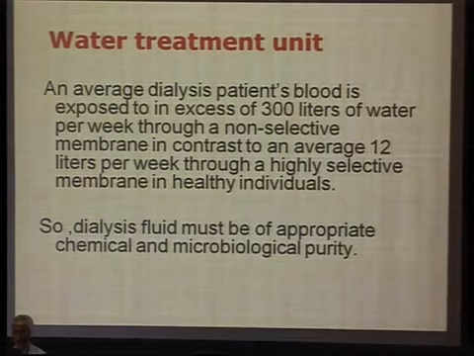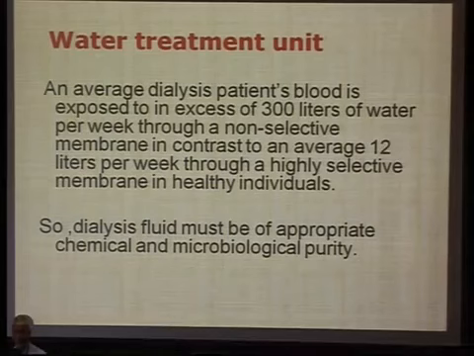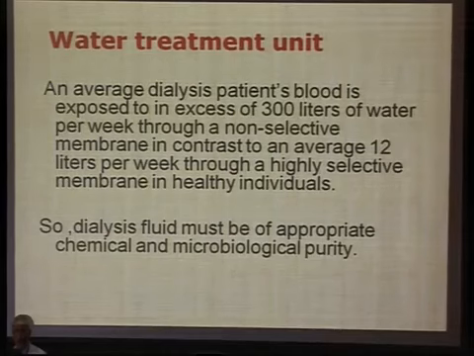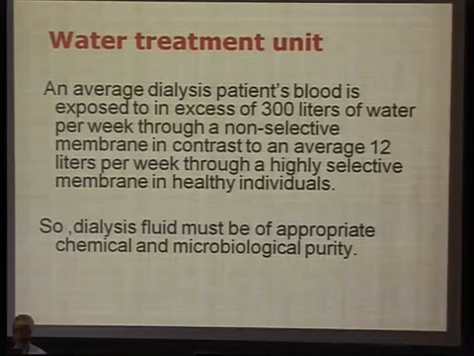This water will pass through a semi-permeable membrane. All of us, if we drink 1.5 liters per day, are taking about 10 or 12 liters per week passing through the GIT. But this is 300 liters through a semi-permeable membrane. So it is very important that water represents a major risk for hemodialysis patients. So any physician, any nephrologist,